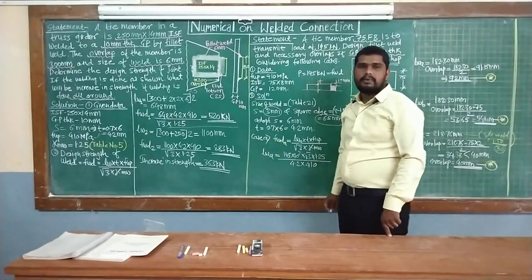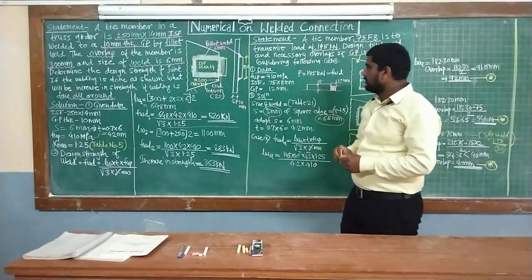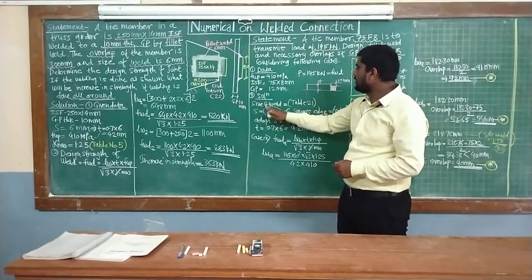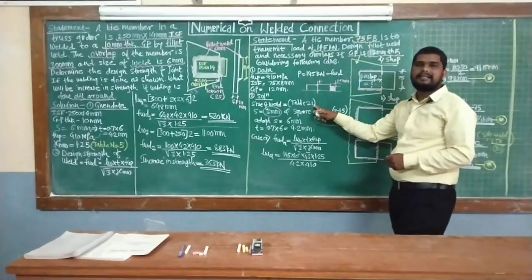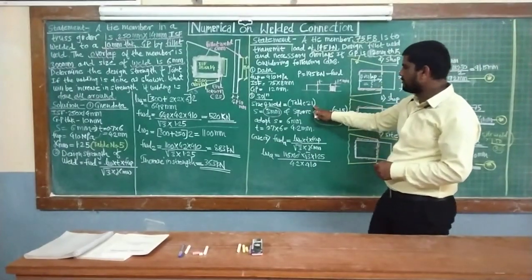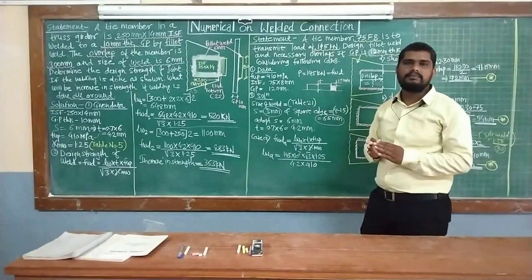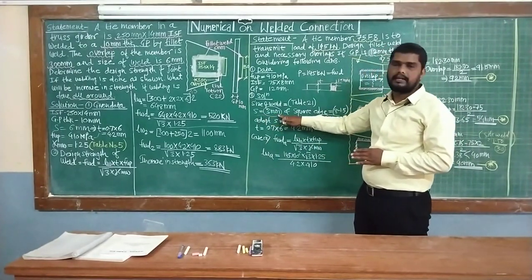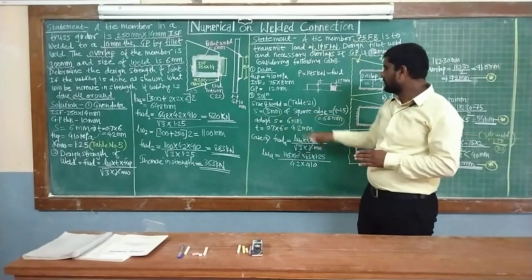Then the second point, the second design step for this solution, is to find the size of the weld. So from table number 21, IS 800 2007, we are going to provide at least the minimum size of weld, 3 mm. So we have taken the value S equal to size of weld, 3 mm.